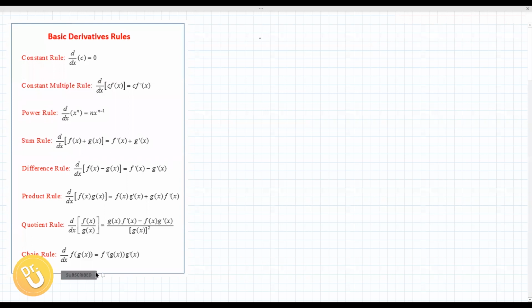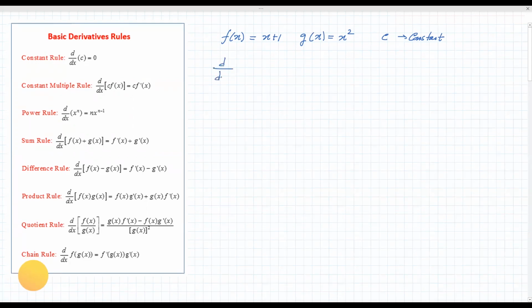We will talk about basic derivative rules. First of all, let me introduce the functions involved. The first function f(x) is considered to be x plus 1. The second function g(x) is considered to be x squared. And then c is a constant. Now, when we go to the constant rule